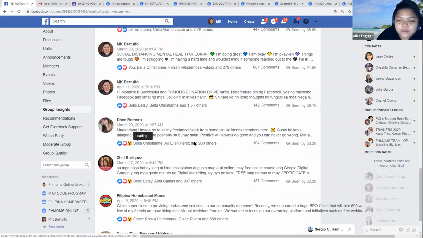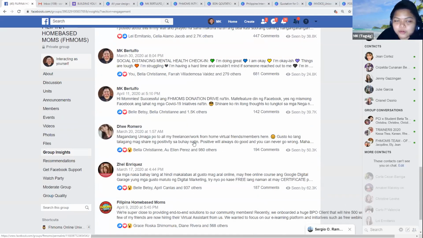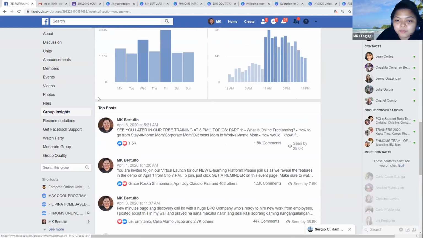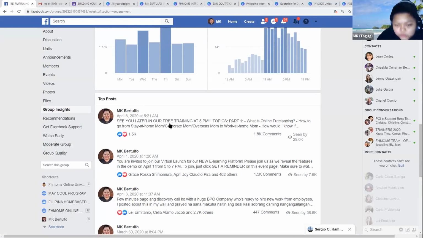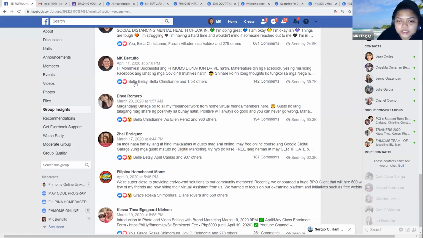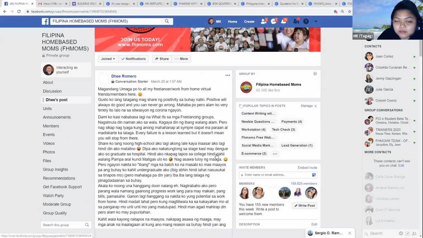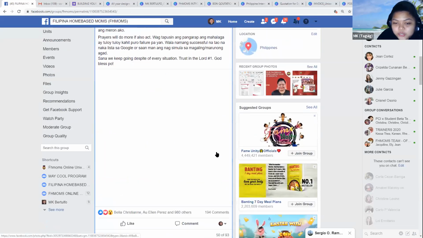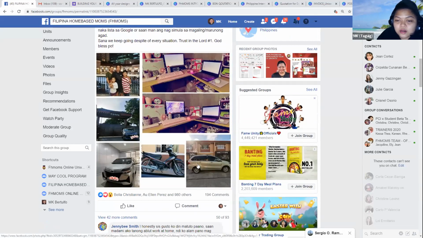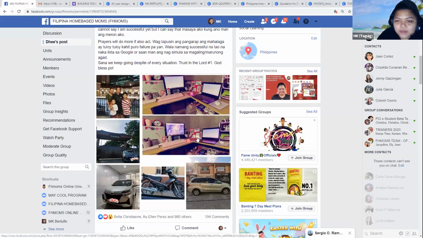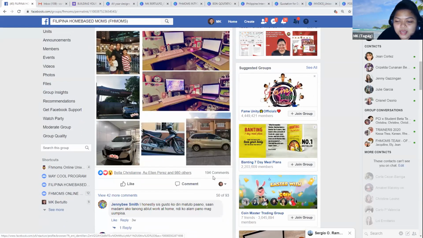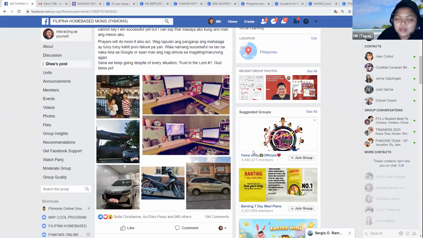But for you guys na mga bago pa lang sa Facebook group or you're working for your client, what you can do is to check this portion where it will tell you yung top na post. Let's say for example, this one, si D. Romero, she posted about her katas ng home base, meaning to say all of her successes in the freelancing industry, where she got a new car, a new work from home setup, and she's with her family, and it got 980 likes and 994 comments, meaning to say people want to see inspirational stories.